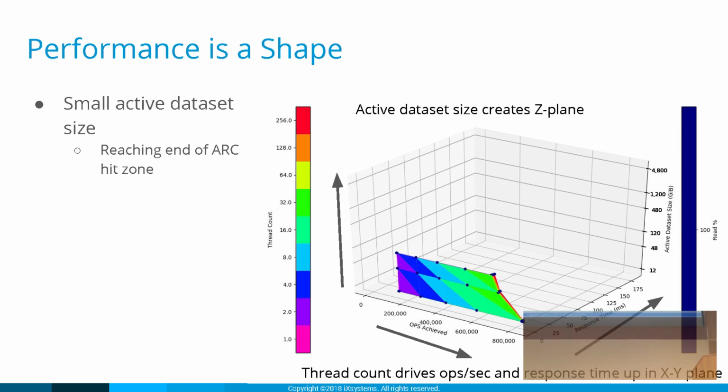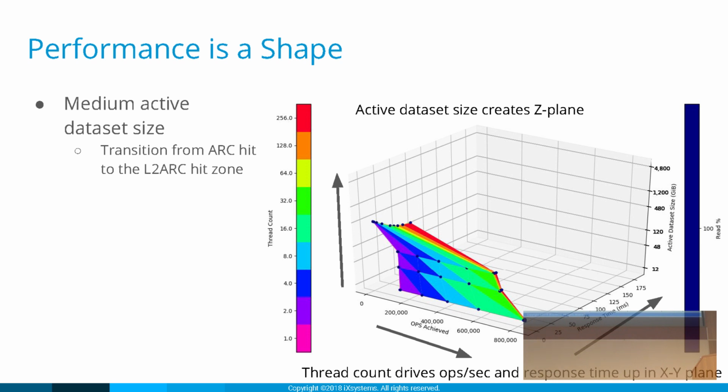When we go one step further, this is up at 120 gigabyte active data set size, we're sort of reaching the end of our cache hit zone, not really because it was 256 gigs, but we can certainly see that we're having an effect. We're achieving fewer ops per second. We're still not seeing much of a bump in terms of response time. Oh, and I should mention that the colors here are just to give you an idea of the thread count. But thread count increases as these lines get drawn.